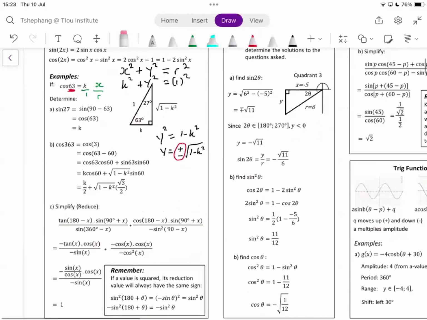So the question A is saying sine of 27, and we know that for us to find sine of 27, we can rely on cofunctions. I just explained cofunctions. 27, how do we get 27? We know that 27 can be 90 minus 63. Why do we want 63? That's the angle that was given. And then once we have 90 minus 63, remember this is a what? This is a cofunction that we dealt with. Sine of 90 minus theta has to change to cos of whatever theta is. And in this case, theta is 63 degrees. So we have cos of 63 degrees, which simply means that our answer is k.